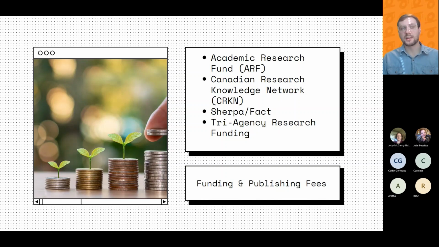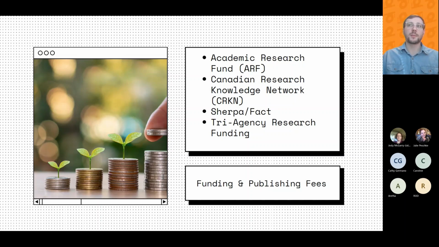I'm trying to remember what year they started asking for that, but I don't quite remember, so I'm not going to say. At Athabasca specifically, we have an open access research outputs policy that explicitly supports open access to research outputs. So there's lots of support available.